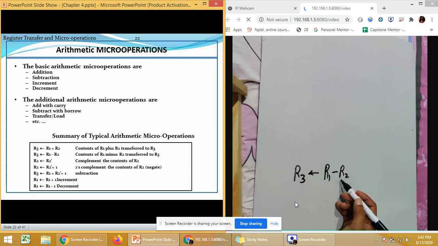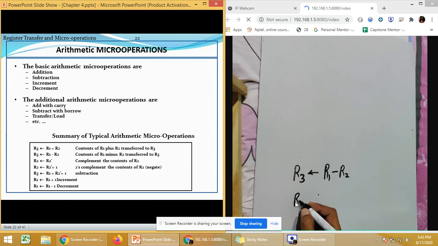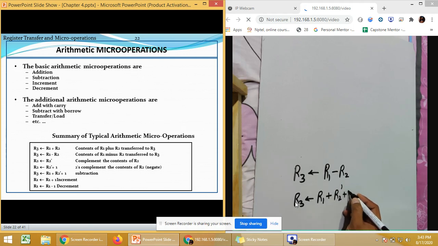Our system needs a different way of performing this subtraction. R3 is going to get the data R1 plus R2's complement plus 1. So this is simply 2's complement.